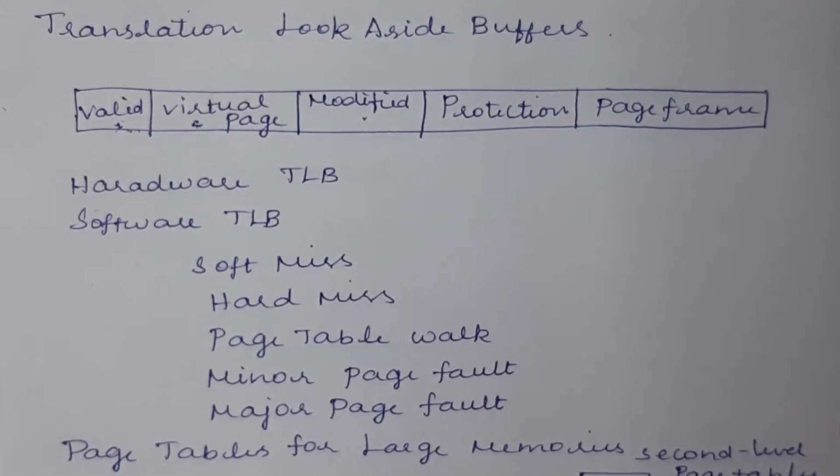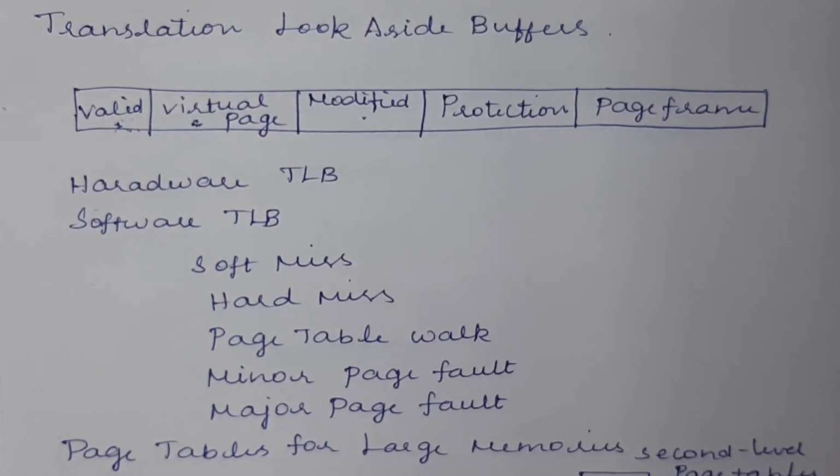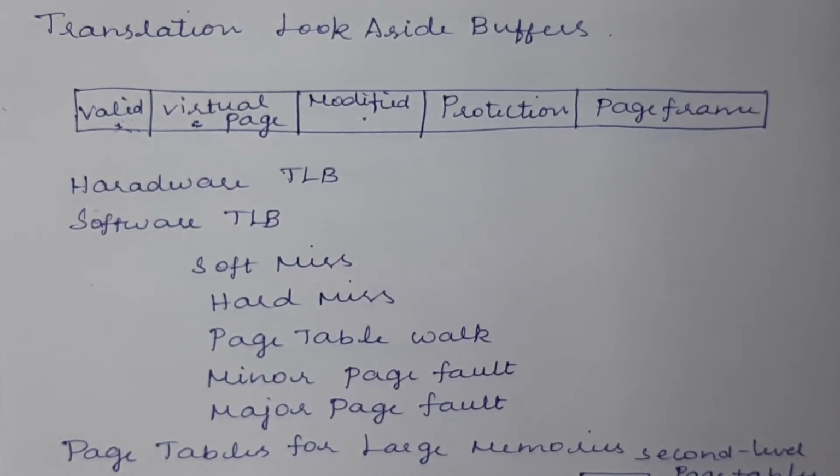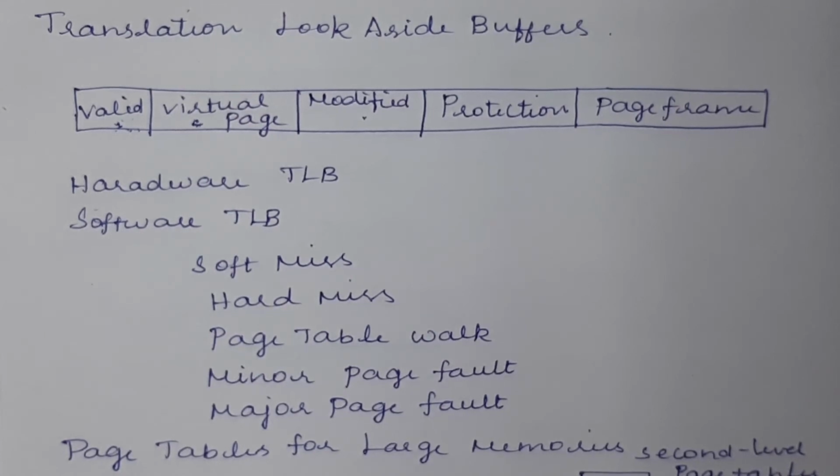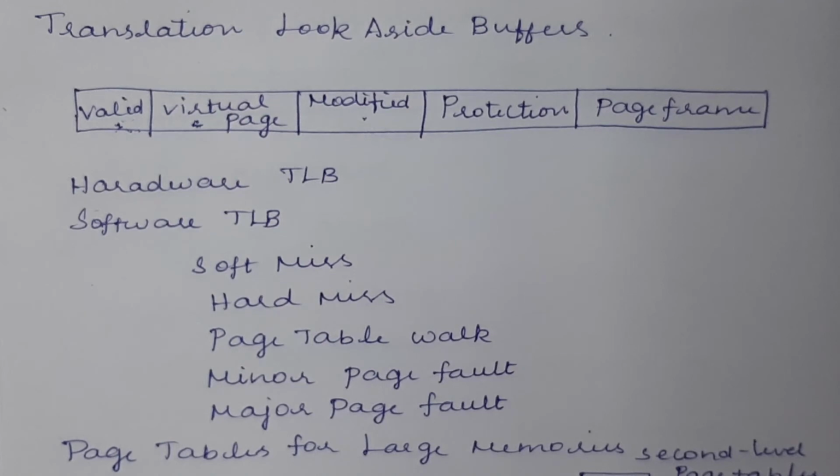So why are we calling it a miss? In the case of page tables, if the referring page is not available, we call it a page fault. The term we use to mention that kind of issue is page fault. But here in TLB, if the referring page is not available, then we call it a TLB miss. If the page is available, then we call it a TLB hit. While we are talking about the TLB miss concept, there are several kinds of misses. The first one is the soft miss and the next one is the hard miss.